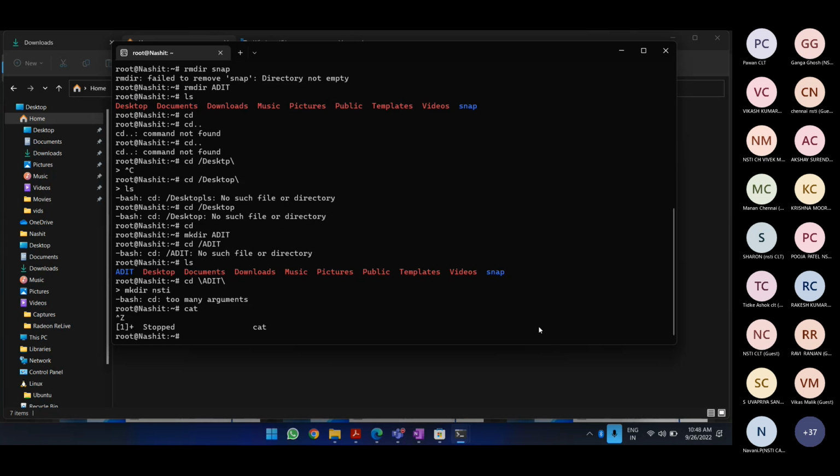Even before beginning with working on this terminal, I asked you, would you be able to install this WSL functionality on your computers? Or did anyone try to install?